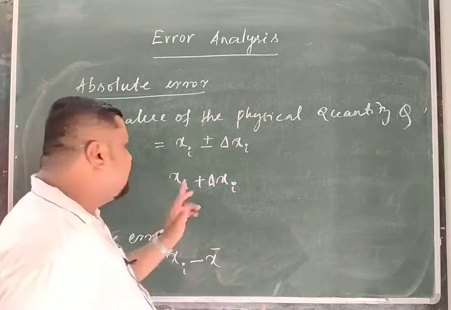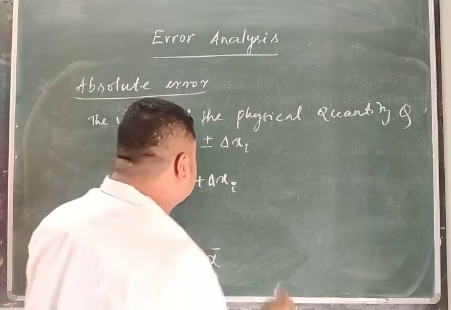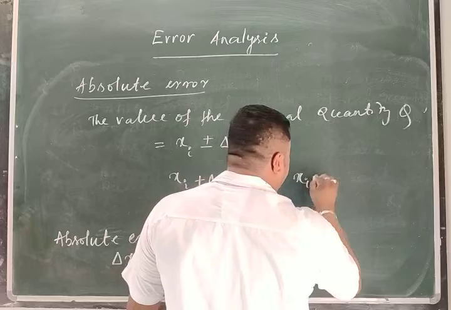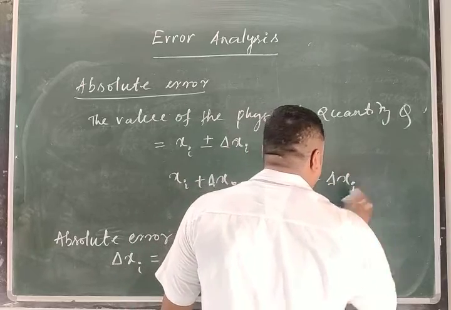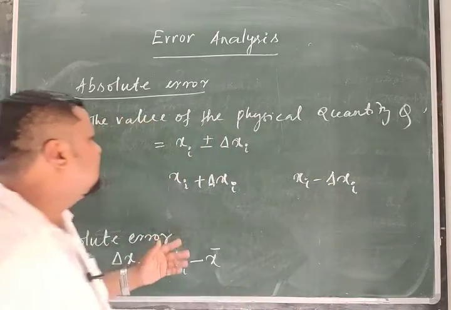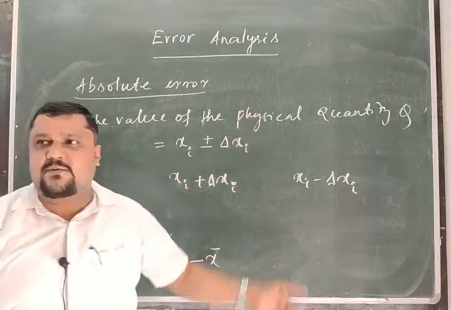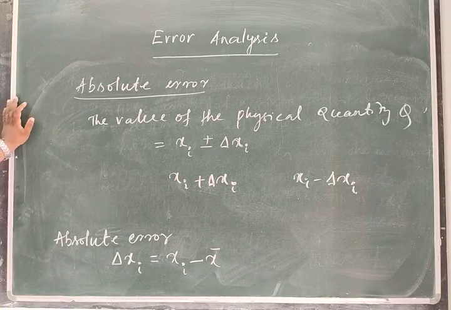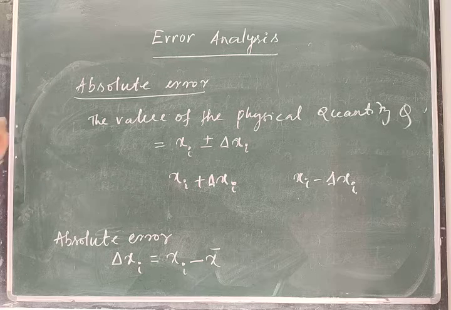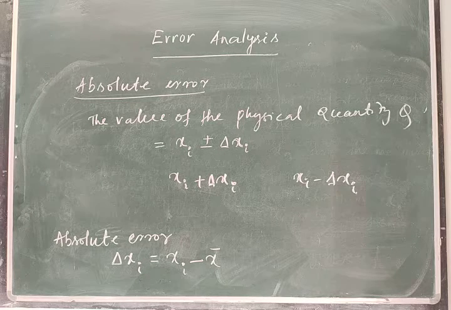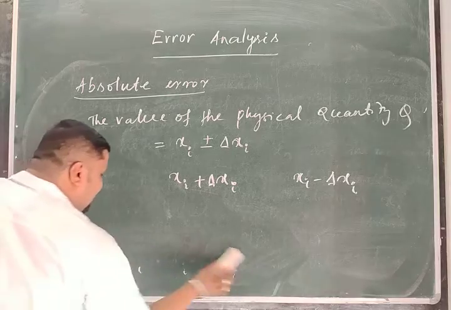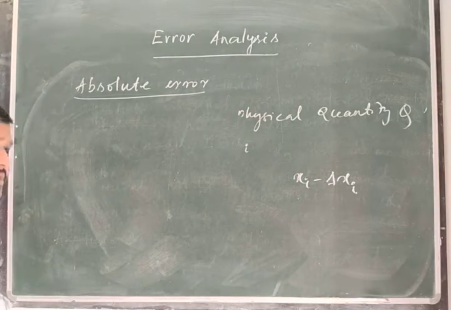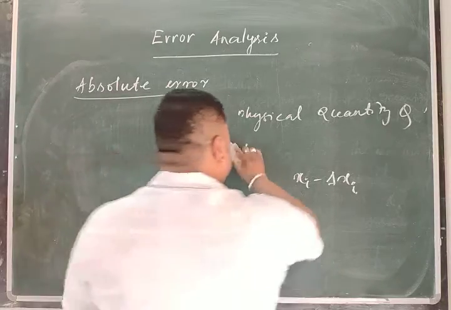The value may vary from xi plus delta xi to xi minus delta xi. In between these two values, the value of the physical quantity comes. This is the meaning of writing this absolute error. Clear? Then, similarly, if I find the absolute errors of the observed values,